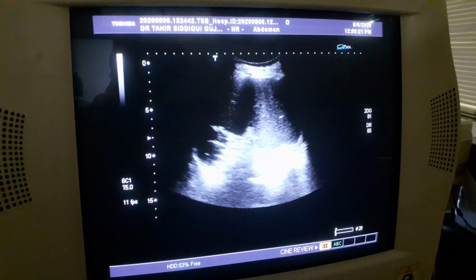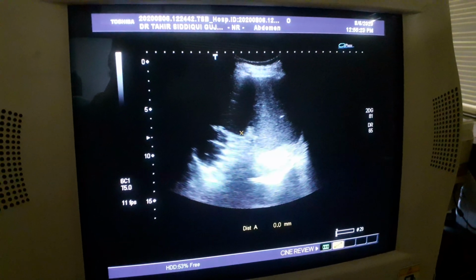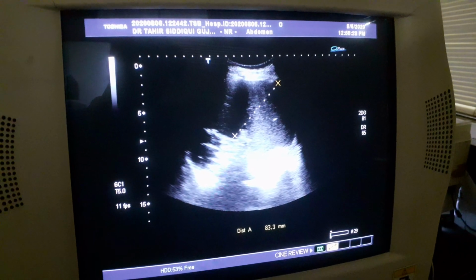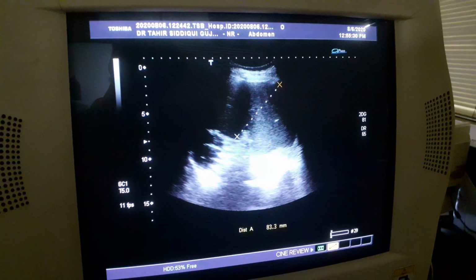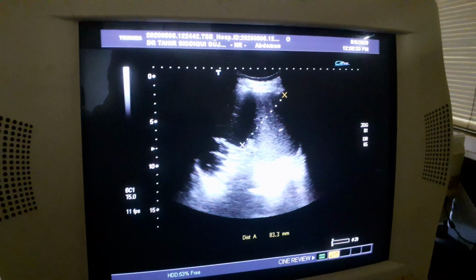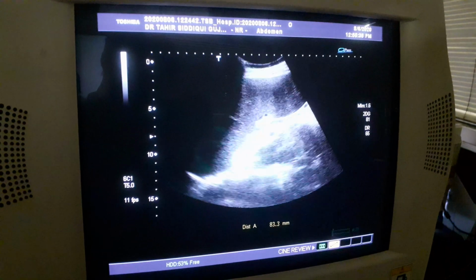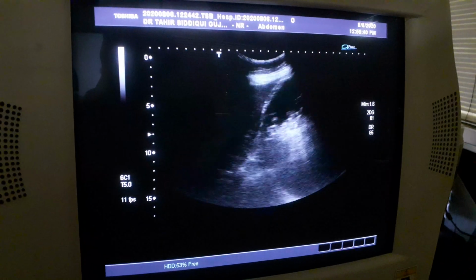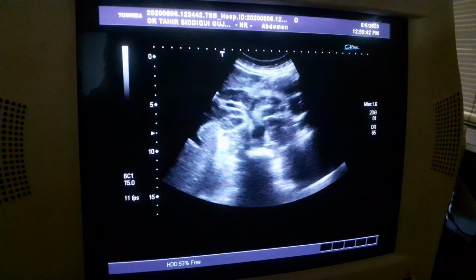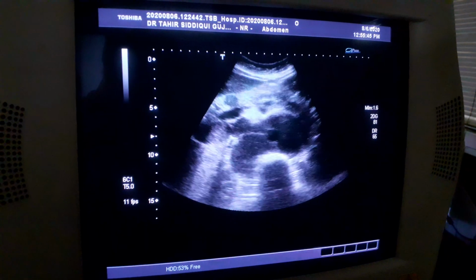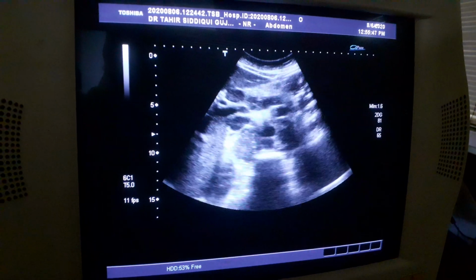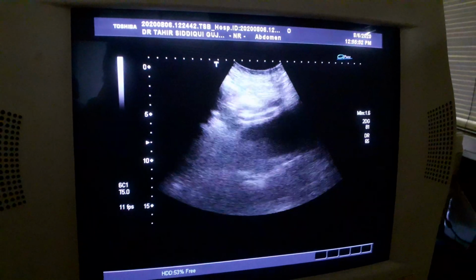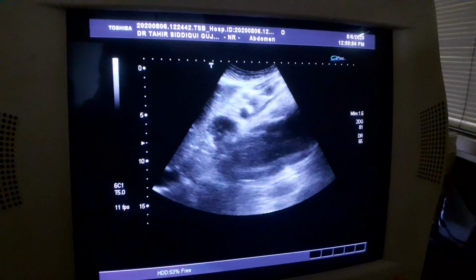This is the transverse section of the spleen. It should not exceed 6 centimeters. Here it is 8.3 centimeters. The spleen is enlarged, both in length and in width. So we have seen a case in which there is a lymphadenopathy extending from the epigastric region down up to the parailiac region, paravertebral location, para-aortic location,